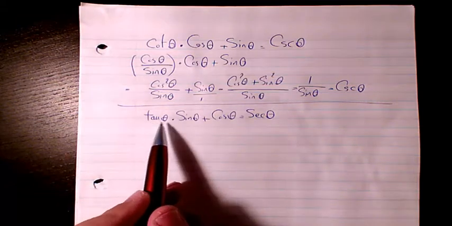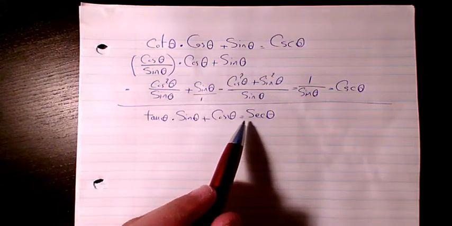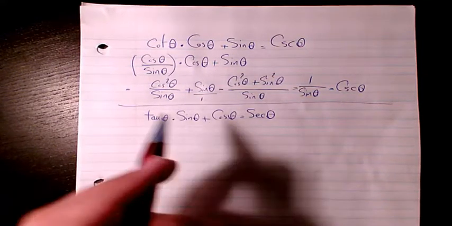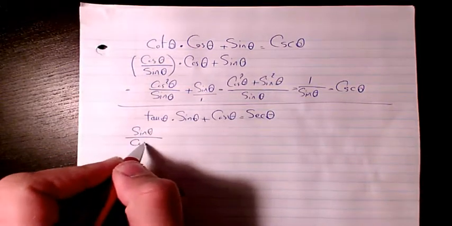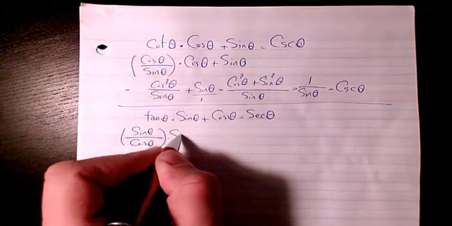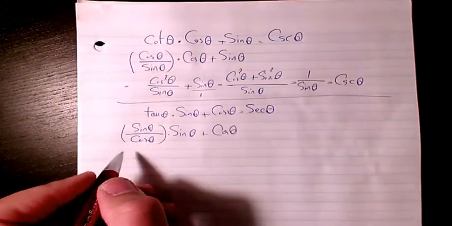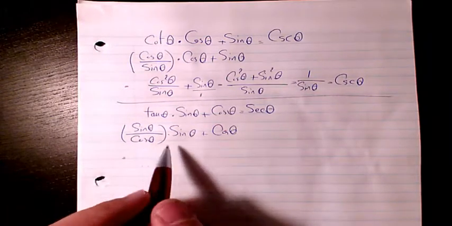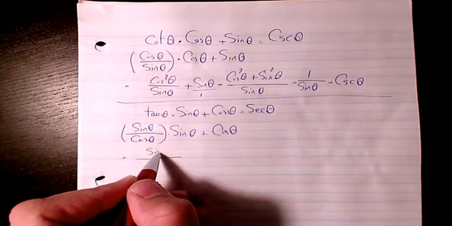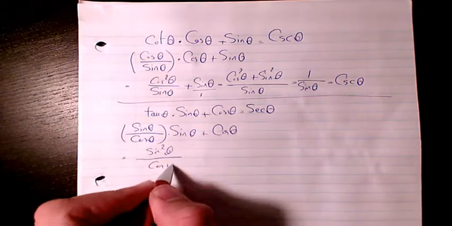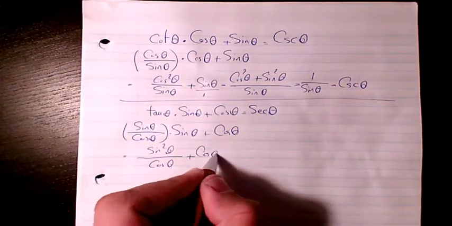In this example I have tan theta times (sine theta plus cosine theta) equals secant theta. So it will be sine theta over cosine theta multiplied by (sine theta plus cosine theta). And then what I can do, I just multiply these two together. So sine and sine multiplied together is going to be sine squared divided by cosine theta, plus cosine theta, and